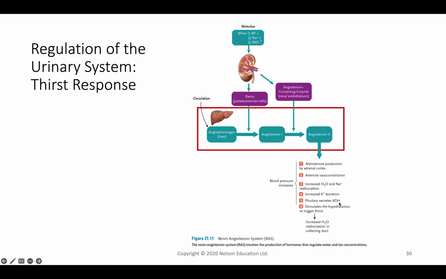And in the pituitary gland, we're going to be secreting antidiuretic hormone. All of this is going to trigger the thirst response, right? Which hopefully we're going to then drink something. But it's also going to lead to the fact that we're going to be resorbing water in the collecting ducts. So instead of excreting more water, we're going to be concentrating the urine and collecting most of that water back